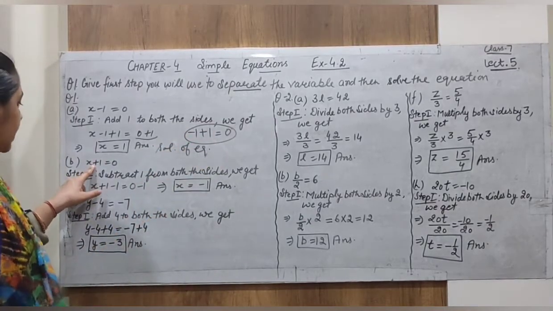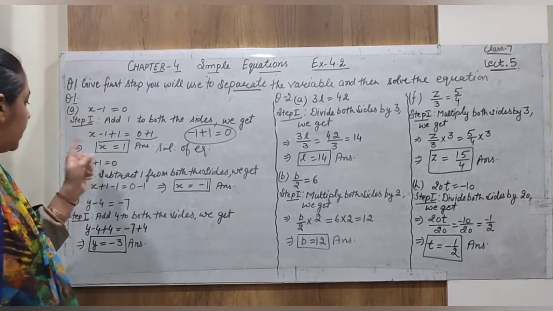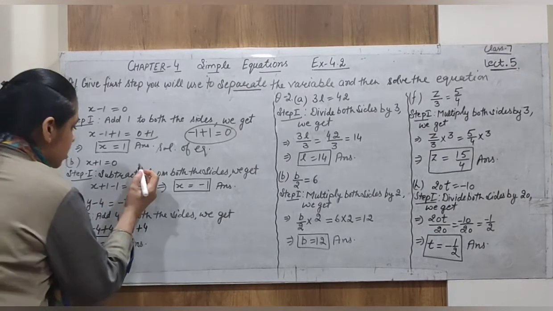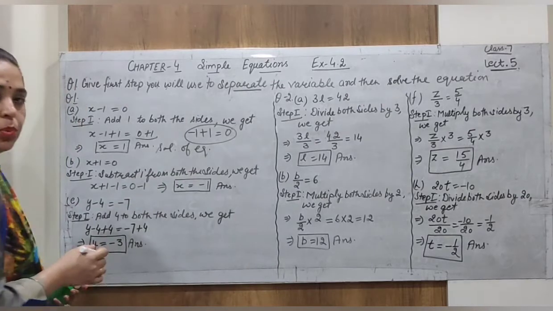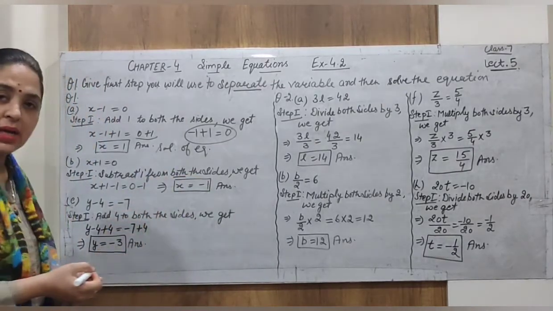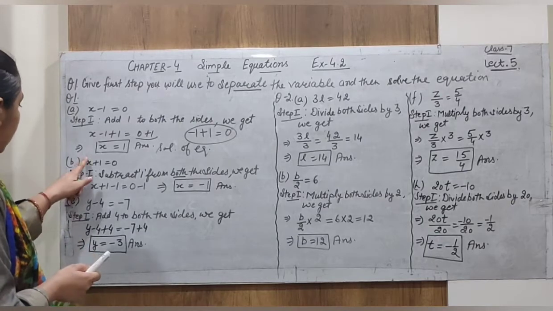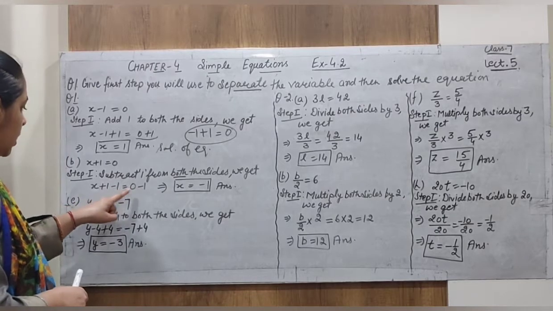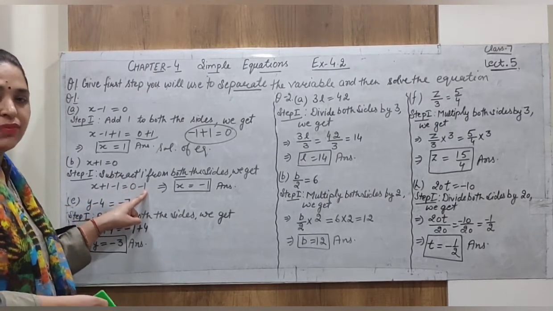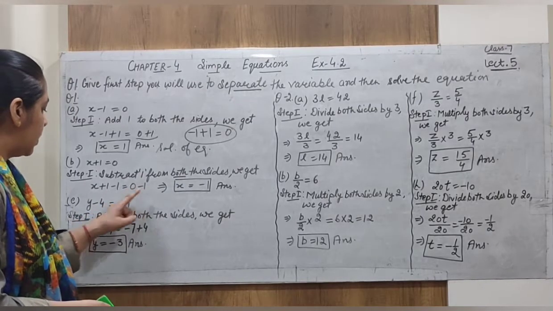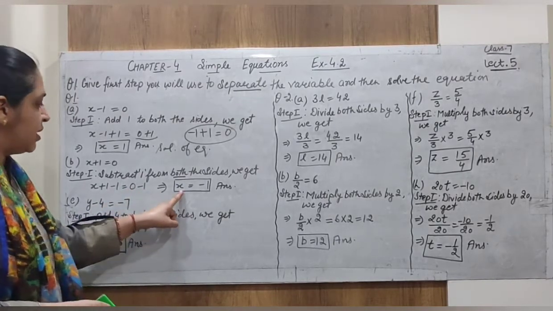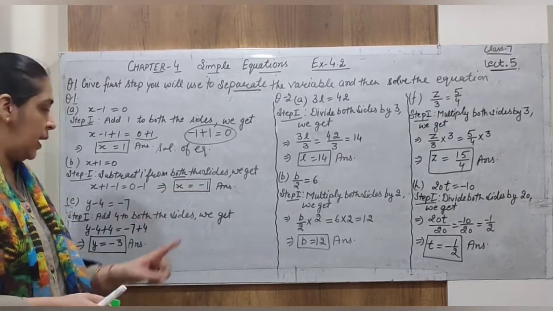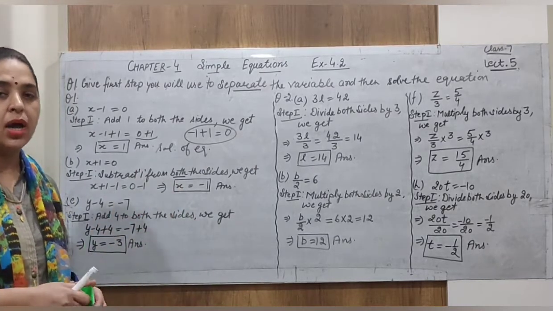Okay, so in the first question we add 1, but in the second question we subtract 1 from both sides. Both sides means the left hand side and the right hand side. So when we subtract 1 from both sides, what do we get? Plus 1 and minus 1 again cancel out. Here 0 minus 1. 0 does not affect any number. Alright, then 0 minus 1 gives us minus 1. And in the left hand side we get only x. So the overall result is x is equal to minus 1. This is the answer and the solution of the equation.